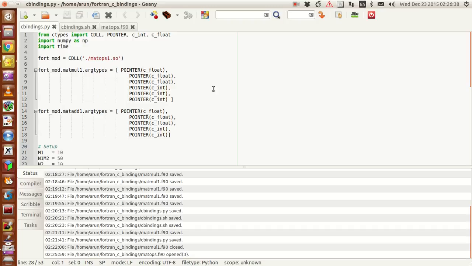Now the Python file looks like this. In the first line, to include the extensions of C inside Python, you need the module called ctypes. From that ctypes module, import the following values: cdll, pointer, c_int, and c_float. By the way, I'd like to inform you that this concept is entirely new to me as well. I was looking at some options and processes available to run Fortran files in Python, and I came across an interesting